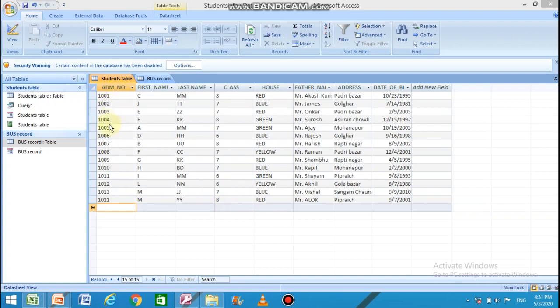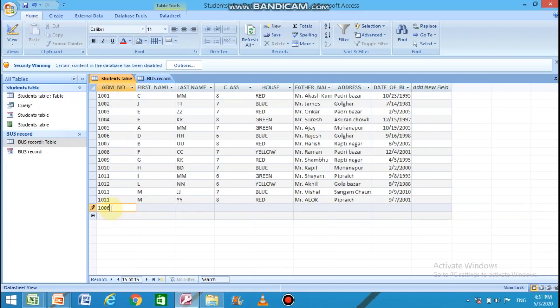In this field, all the data is unique. No data is repeated. Let us feed new data as a duplicate. For example, we have 1006 here in admission number. Let us repeat this admission number 1006.